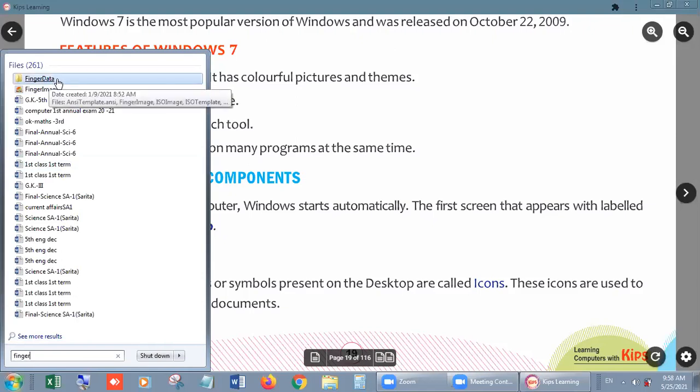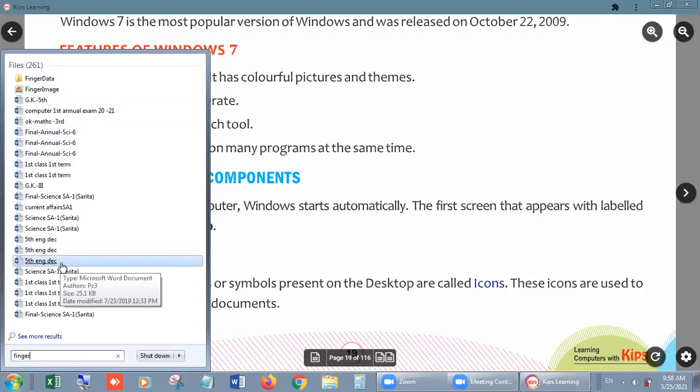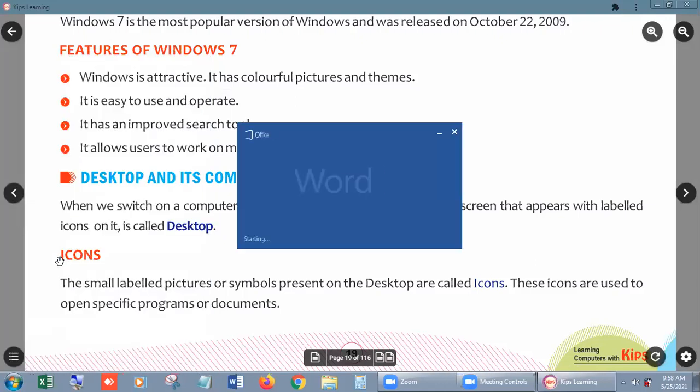Look, finger data, finger image, it found them, didn't it, beta? And all these files you can see on the screen, if we open one, then we can know that we have the word finger inside the text, right? Suppose I have opened this question paper. It is a very old question paper of 5th standard.